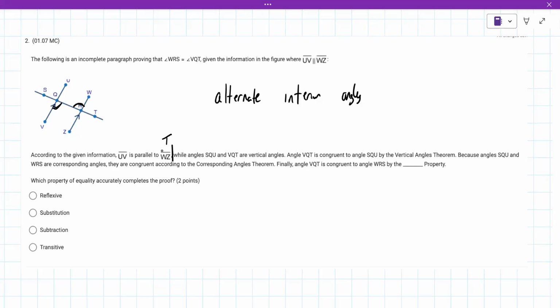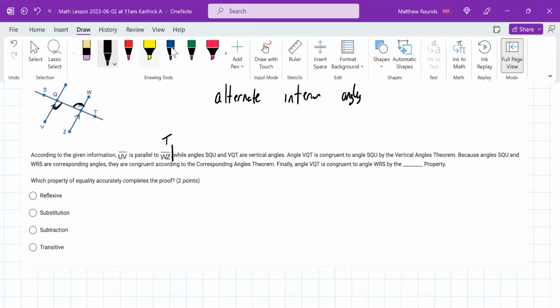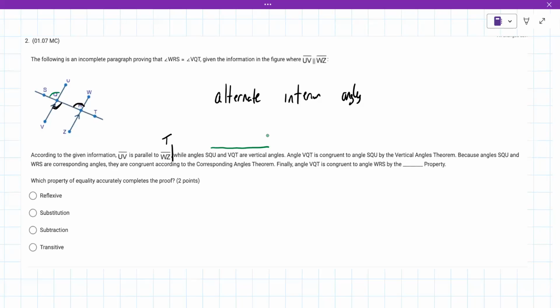Angles SQU and VQT are vertical angles. So I'm going to switch colors here. I don't know if we've done that before. SQU and VQP are vertical angles. So we're up to there. That's good. Angle VQT, the one we just did in green, is congruent to angle SQU by the vertical